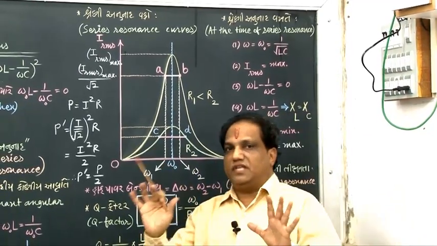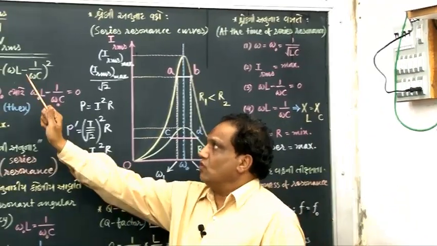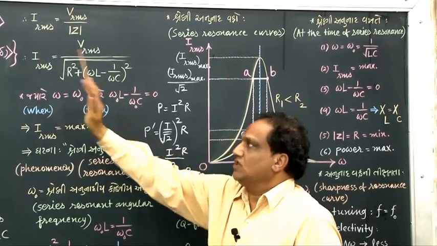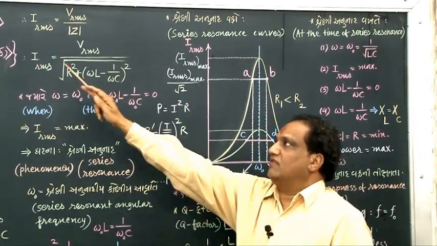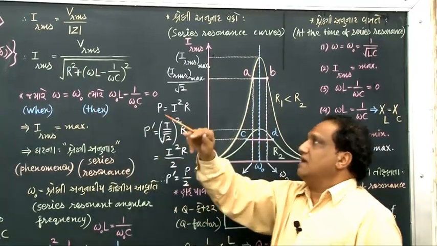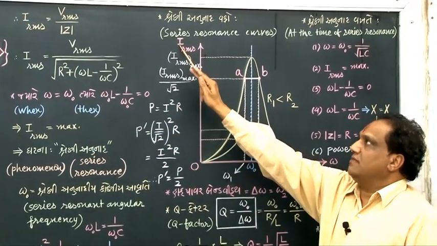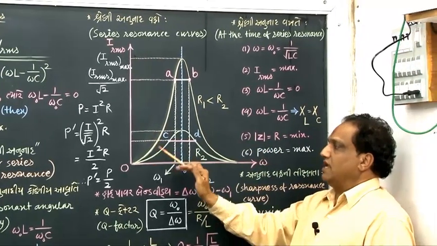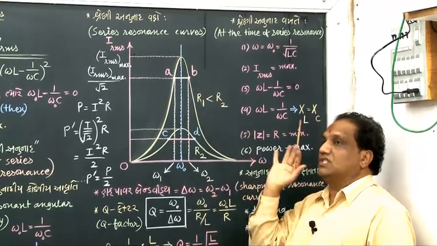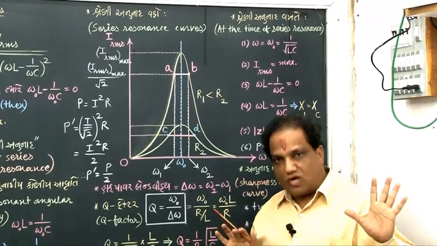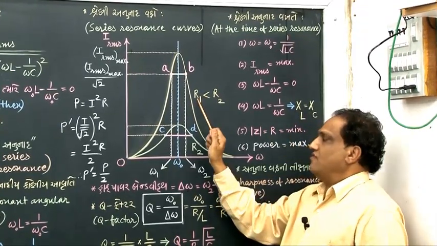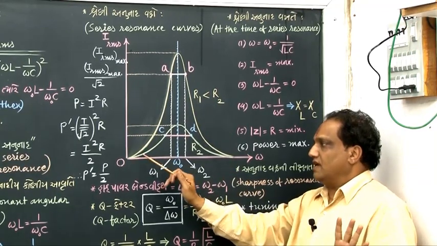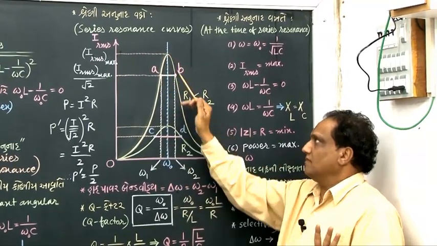In a given series AC circuit, if you go on changing omega, naturally IRMS will change. You just note down the corresponding values of IRMS and then plot a graph of IRMS versus omega. Such a graph is known as resonance curve, series resonance curve. If you keep value of resistance equal to R1, then suppose we are getting such a resonance curve, and then